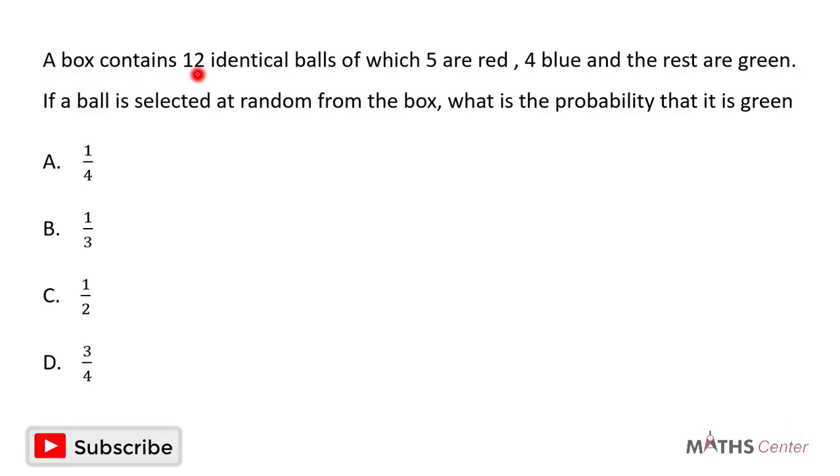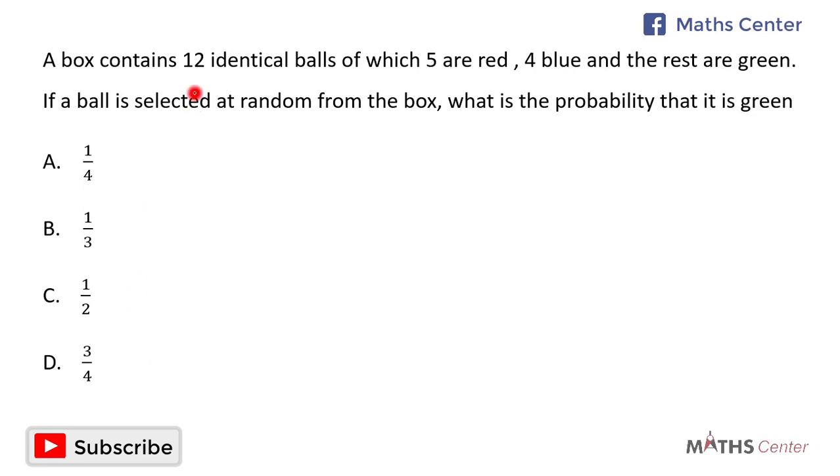A box contains 12 identical balls, of which 5 are red, 4 blue, and the rest are green. If a ball is selected at random from the box, what is the probability that it is green? This is a multiple choice question, and so you solve the question, and then after that you pick the correct